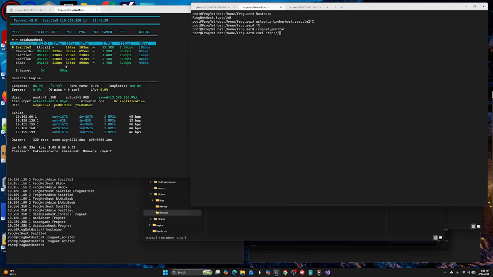Everything that is here in Frognet Monitor is a network. So every network has a machine named frognet host at its .1 address, and we know that that's by rule. So you can curl frognet host dot BA box